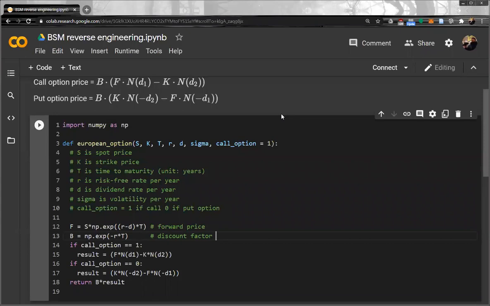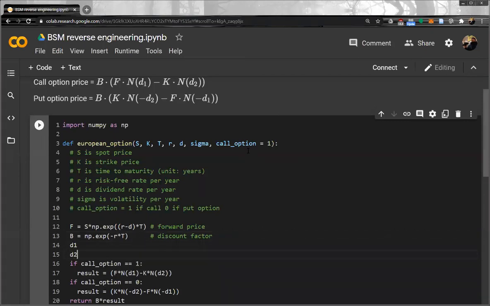This is basically the discount factor. It transforms the value of a contract. It is the value of a contract that pays $1 at time T, T years later, without default risk. And then we have F, and then we need to define T1 and T2. We have to define T1 and T2. T1 and T2 are slightly long, okay? But here it is first